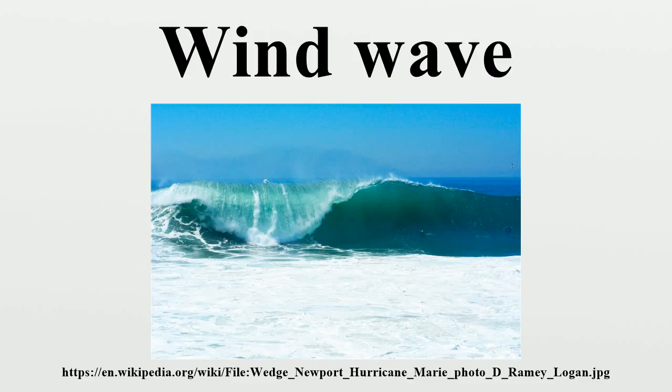Individual rogue waves, much higher than the other waves in the sea state, can occur. In the case of the Draupner wave, its 25 meter height was 2.2 times the significant wave height. Such waves are distinct from tides, caused by the moon and sun's gravitational pull, tsunamis that are caused by underwater earthquakes or landslides, and waves generated by underwater explosions or the fall of meteorites, all having far longer wavelengths than wind waves. Yet, the largest ever recorded wind waves are common, not rogue, waves in extreme sea states.